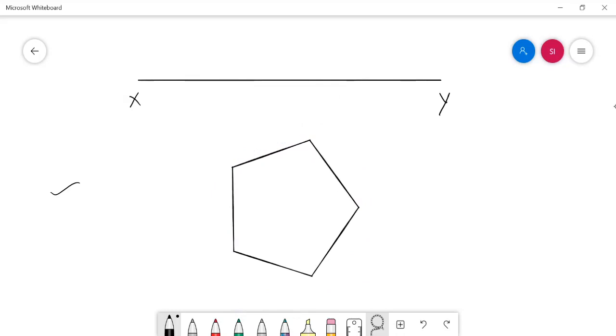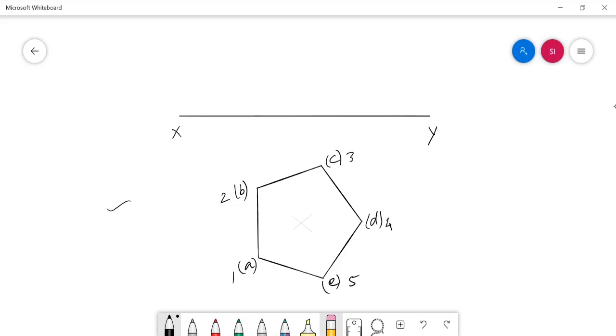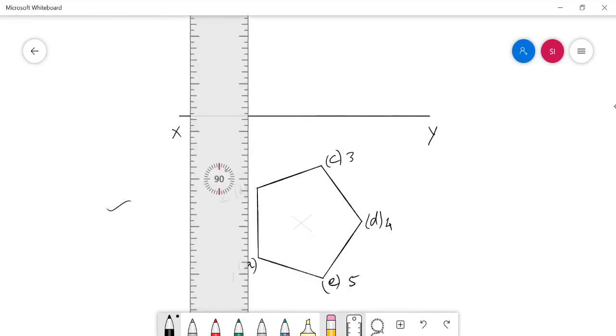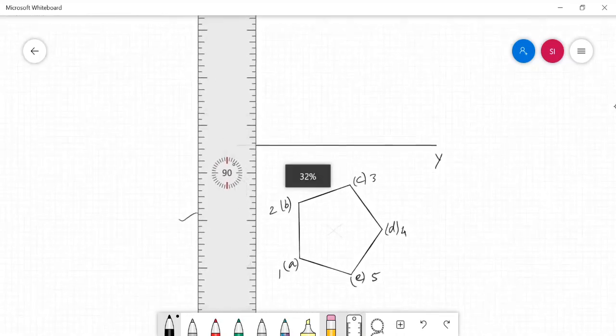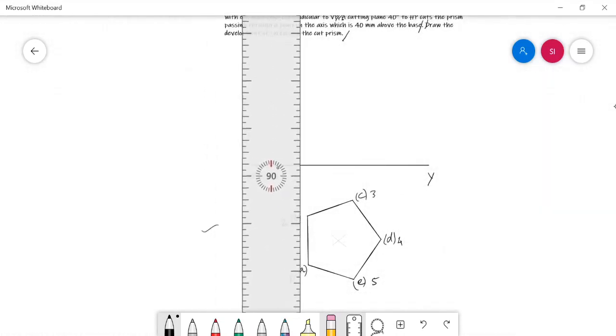This is nothing but the base view, and it is a prism. It has 10 corners, five in the base and five in the face. And then I need to draw the perpendicular projectors towards the front view.